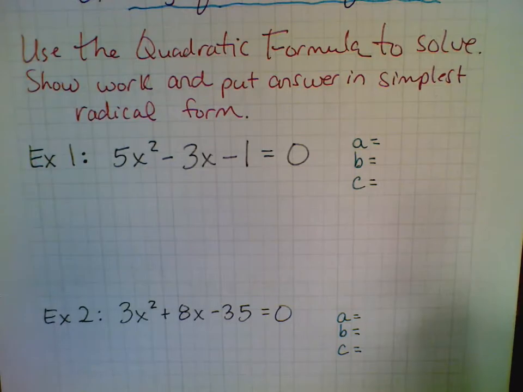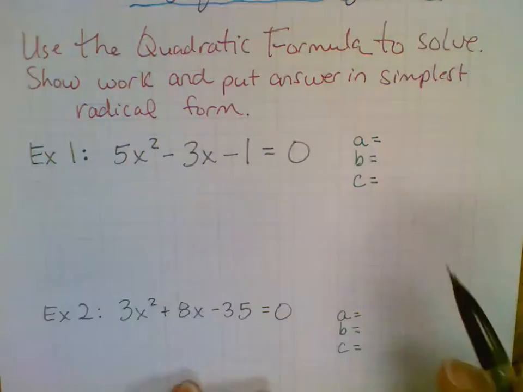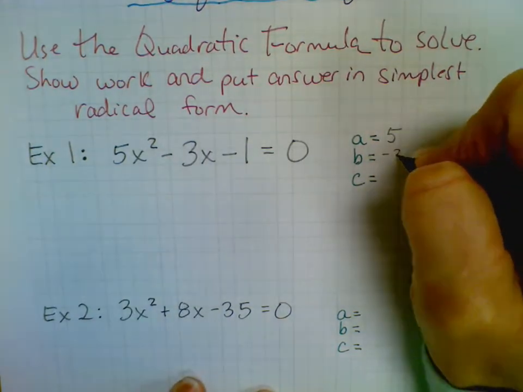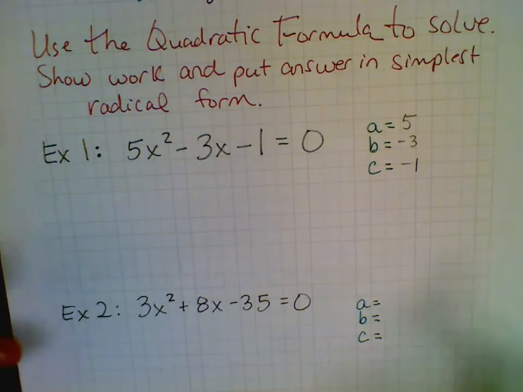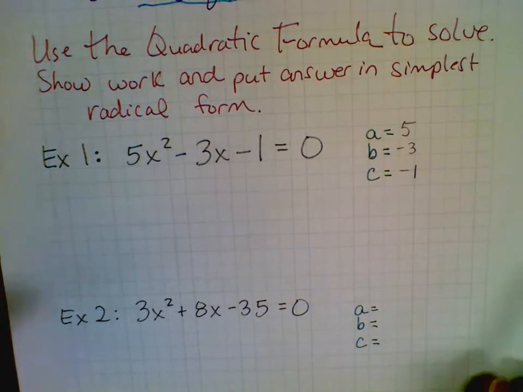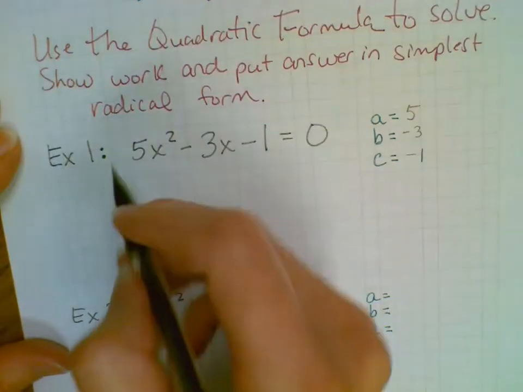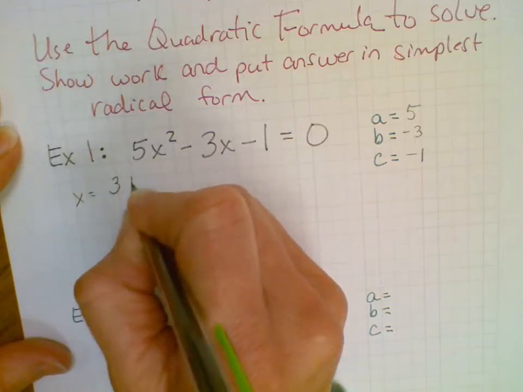So this one's already in standard form. You definitely want it in standard form. So my A is 5, my B is -3, my C is -1. So I'm just going to plug them into my formula. You guys have that right up above. So the opposite of B in this case would make it a +3 plus or minus